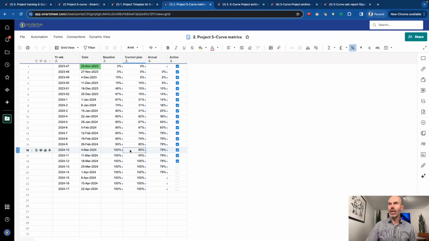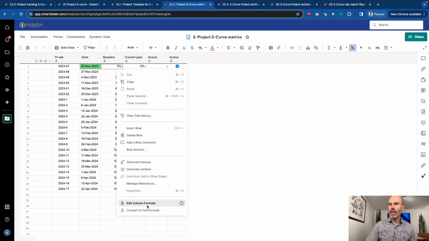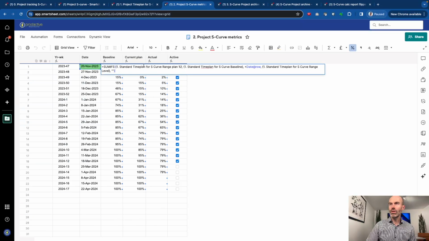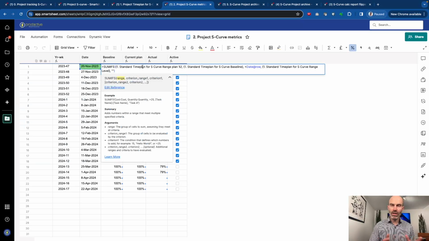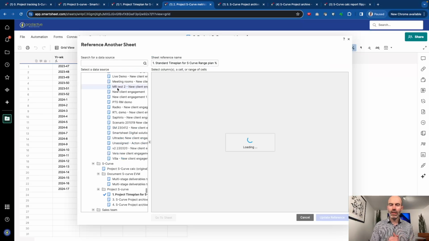So if I come back to here, what are the formulas we've got in and what's going on in this sheet? A couple of things going on here. For the baseline formula, let me just edit column formula and show you what it's doing. Again, you'll be able to see this by going into and downloading the template here. But in terms of the reference, this time plan is looking at, so for the baseline, if I click on, it's going to bring up the item here. It's going into